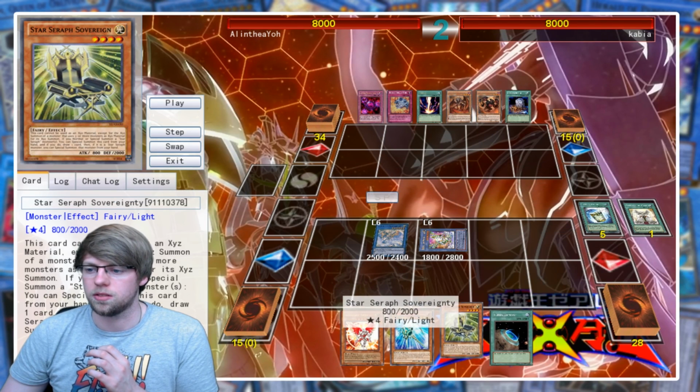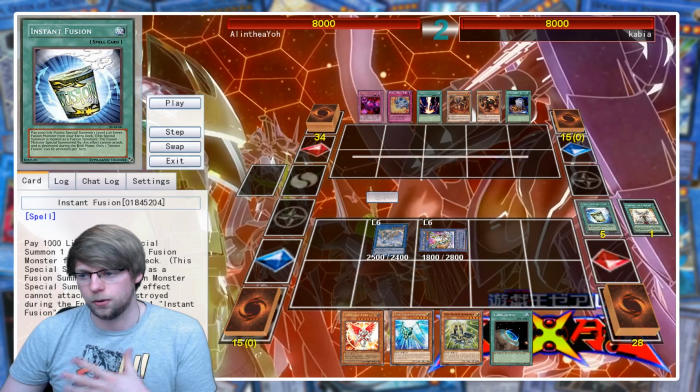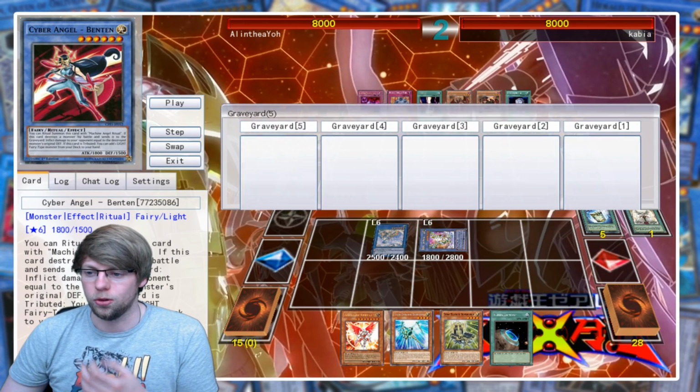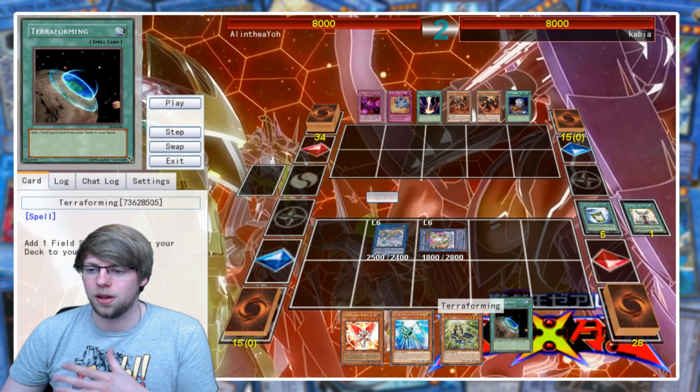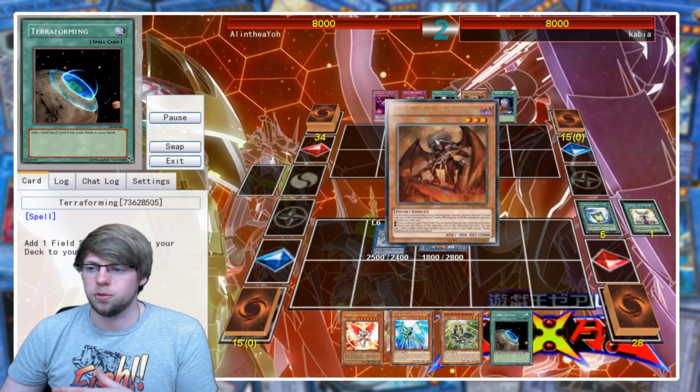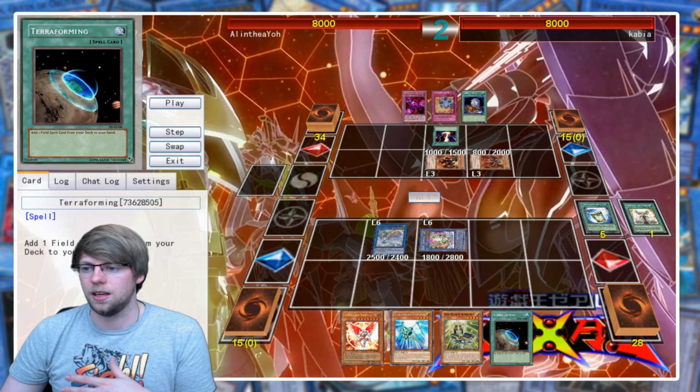I draw into an Instant Fusion and a Terraforming. Decided to get rid of the Instant Fusion just because I didn't have any live targets for Norden. I could have used it with these guys, but I thought the Ritual Sanctuary might be a bit more important right now. So he special summons the Graph. I'm like, that's fine. Special summons the